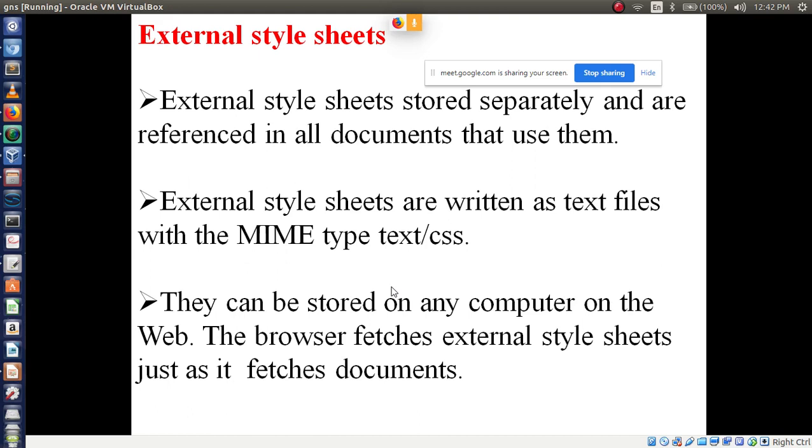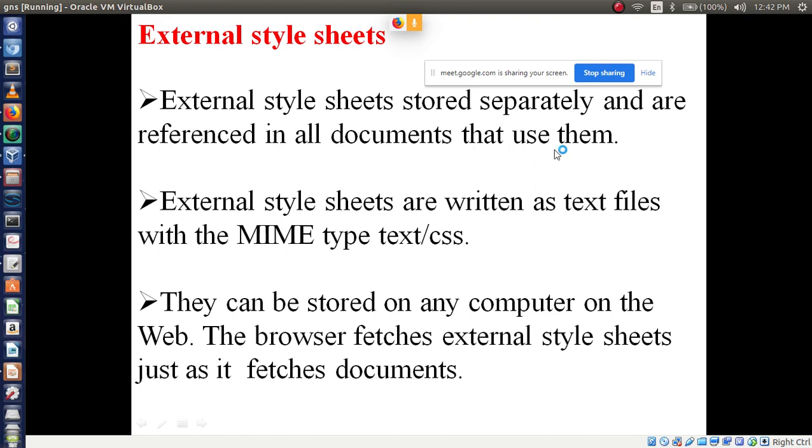I am repeating again, inline style sheet we write style code inside the tag. Document level style sheet we write in the main HTML page only under the heading section. External style sheet we have to make two different files, one is CSS file, another one is HTML file. It is stored separately and referenced in all the documents that use it.